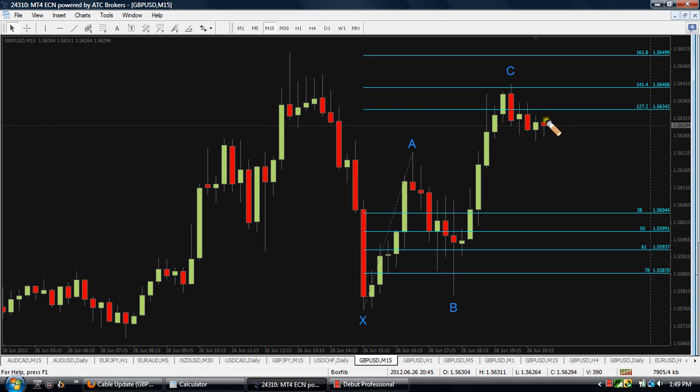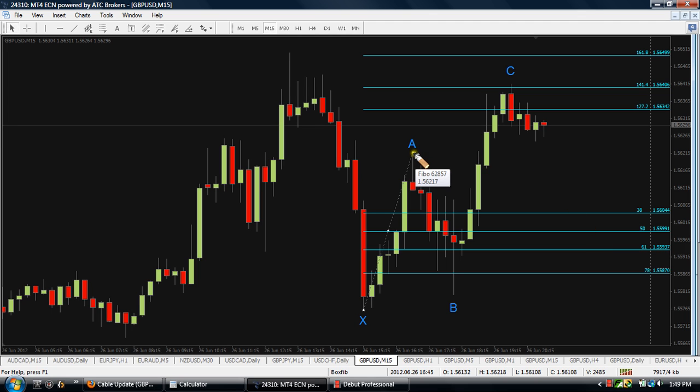Now you can see price has not really moved back. This is currently at about 2 o'clock in the afternoon on Tuesday. Price has not moved back below A yet, so we could see this continue on above the current C and invalidate the pattern. But if by the time you watch this, price has continued to weaken and move back down into our retrace zones,